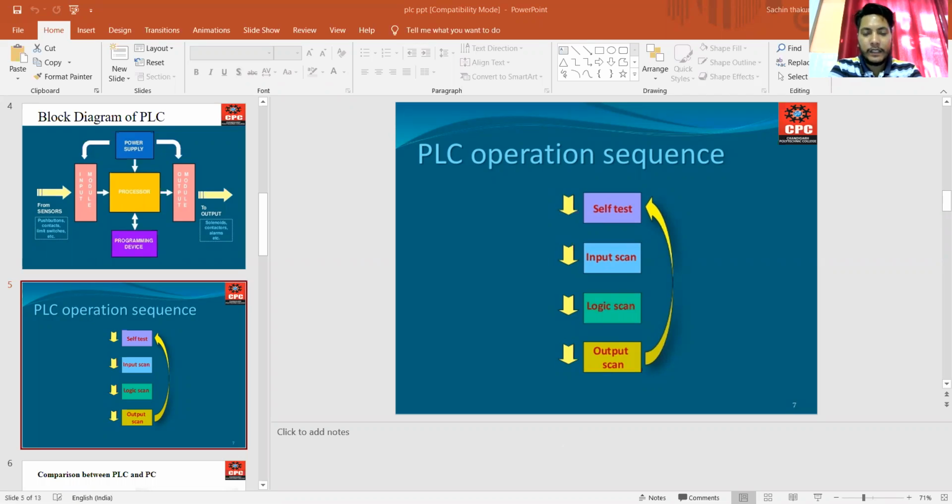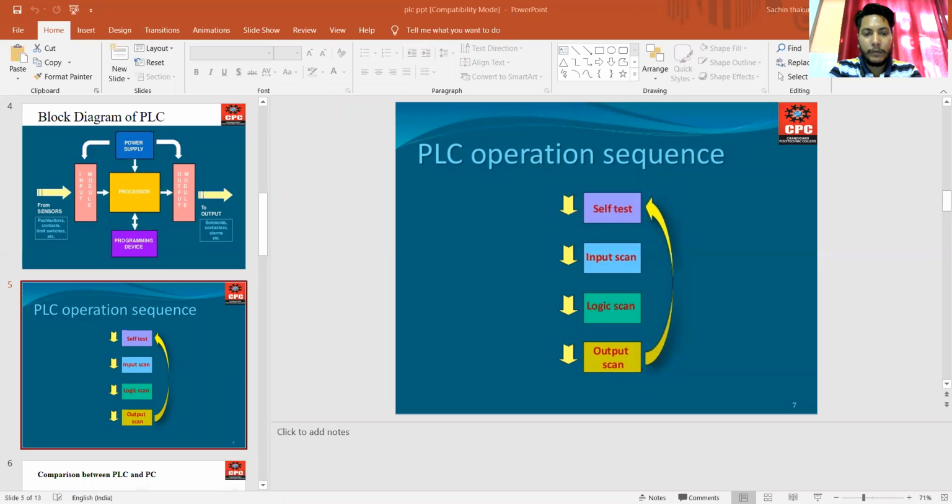First, self-test. In self-test, the PLC tests its own hardware and software for faults. If there are faults, then it takes the self-test again, meaning everything is okay in the PLC. Next is the input scan, after self-test.